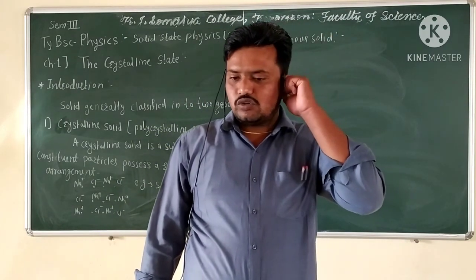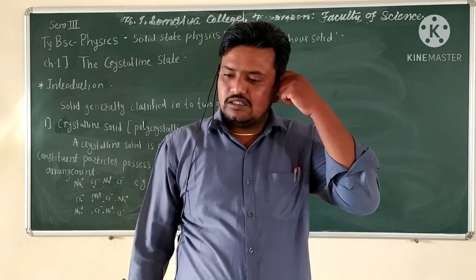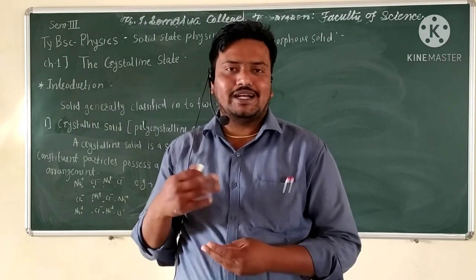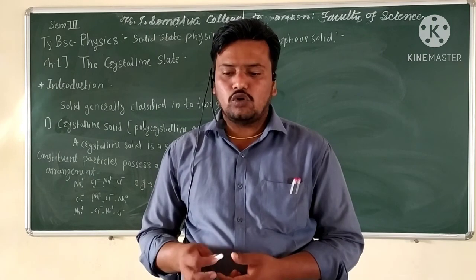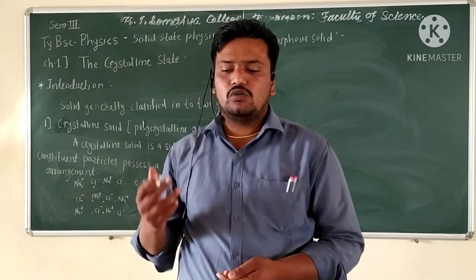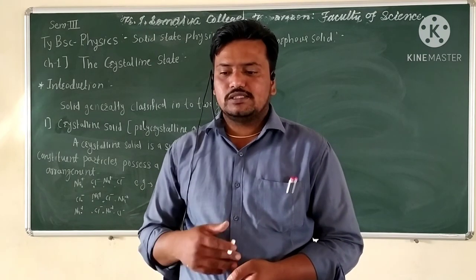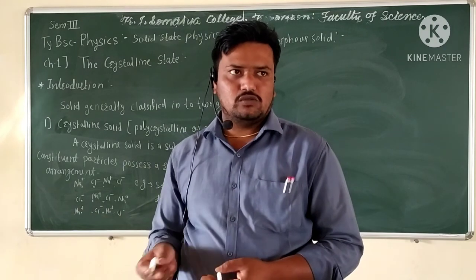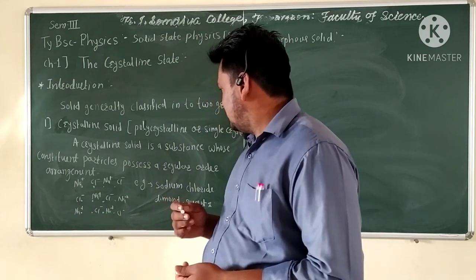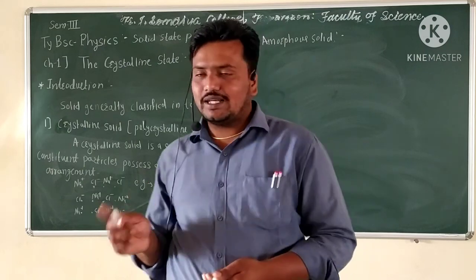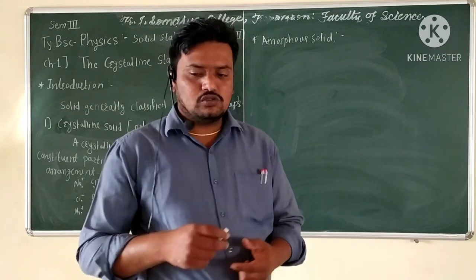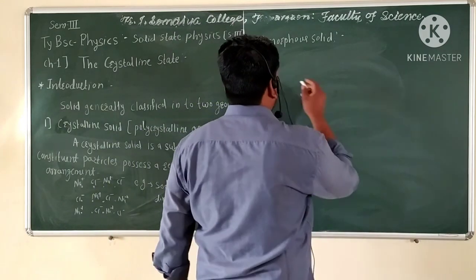An amorphous solid is considered a substance whose constituent particles do not possess a regular order arrangement. That is known as the amorphous solid. So an amorphous solid is a substance